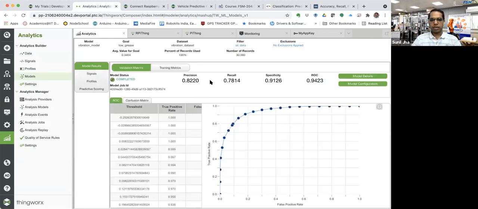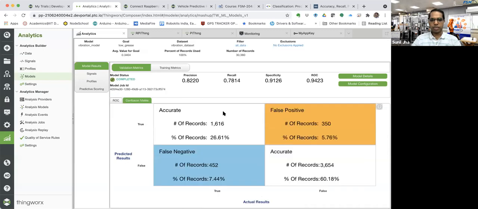Yeah, so precision is now 0.82, 0.7, and if you can see the confusion matrix, this is the data record that I have analyzed based on the Excel file that is there. So you'll find there's still around 13% false positive and false negative, but the rest of the 87% is being covered over here in the true positive and true negative. So I think that is the actual scenario. So this is all about the modeling part. Once this is done, then we are ready to deploy this model.